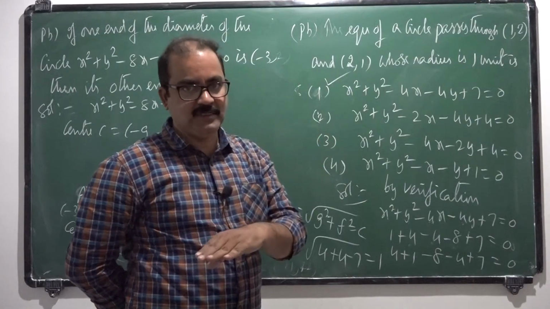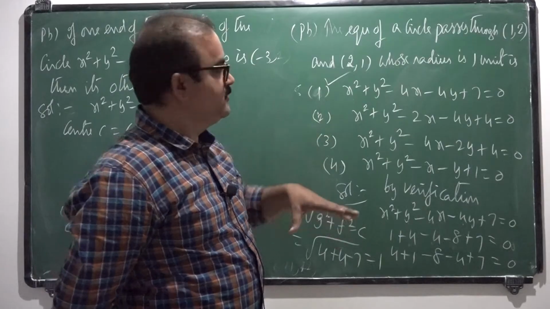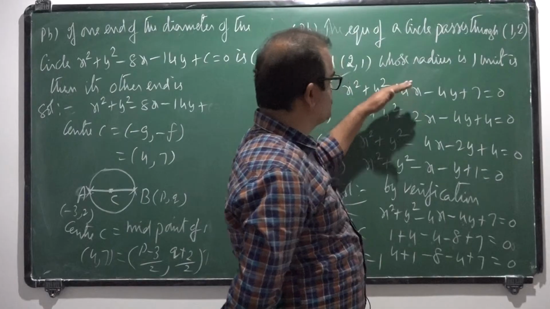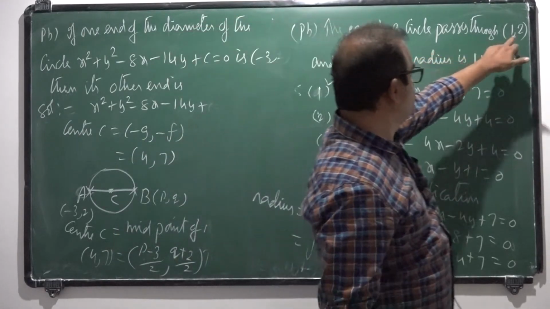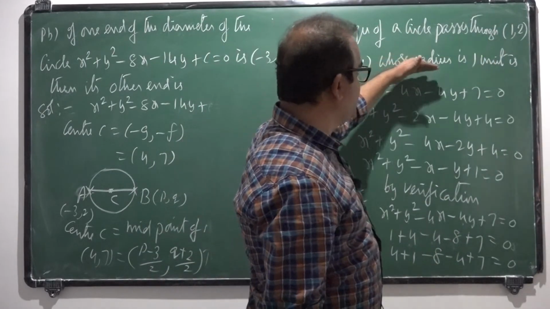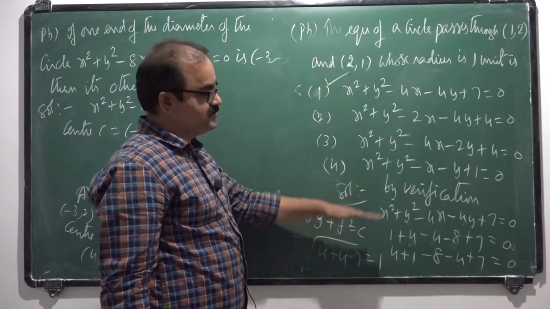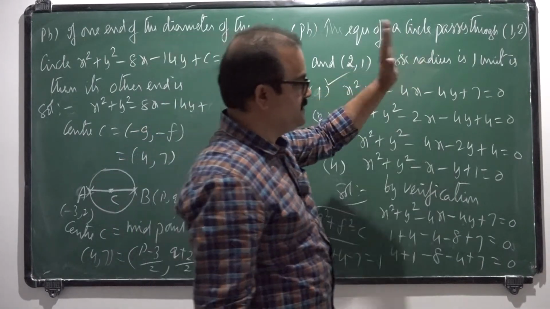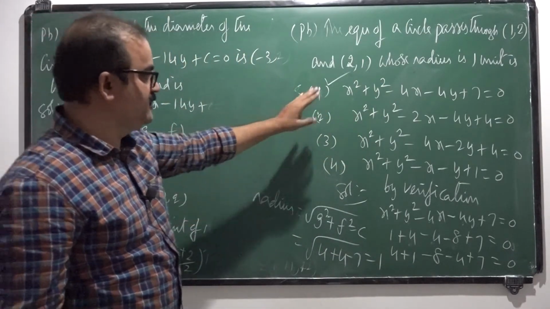But by the direct method also we can find this equation. That is a somewhat lengthy process. Let the equation of the circle be x square plus y square plus 2gx plus 2fy plus c is equal to 0. Substitute this point and this point, we get two equations. And equating radius to 1, then we get another equation. On solving those equations, we get the values of g, f, c. In that way also we can find the circle equation.